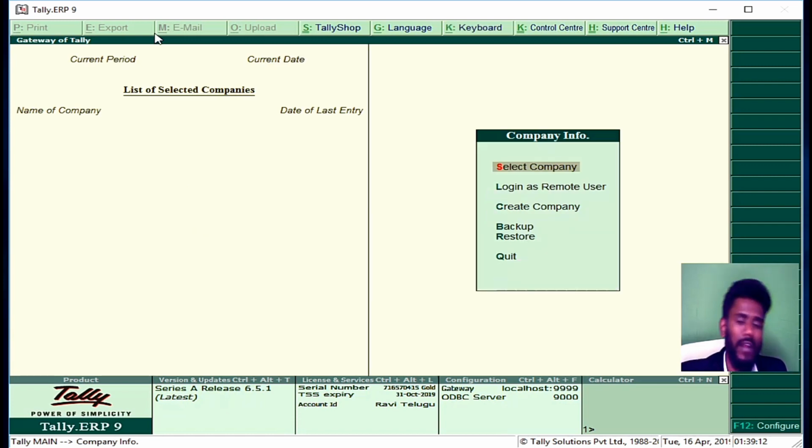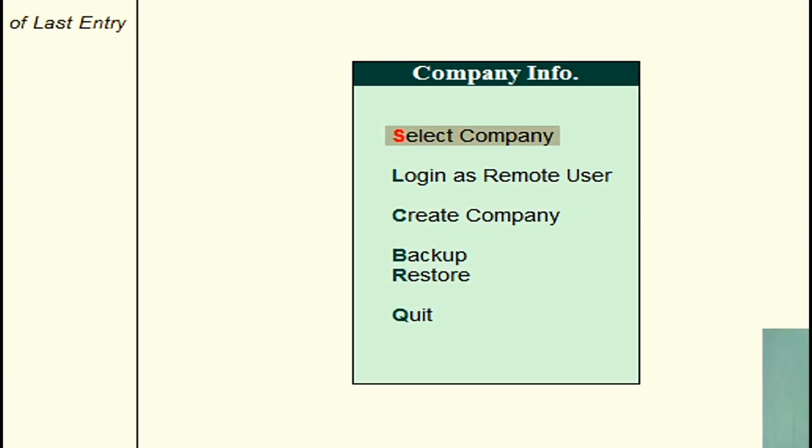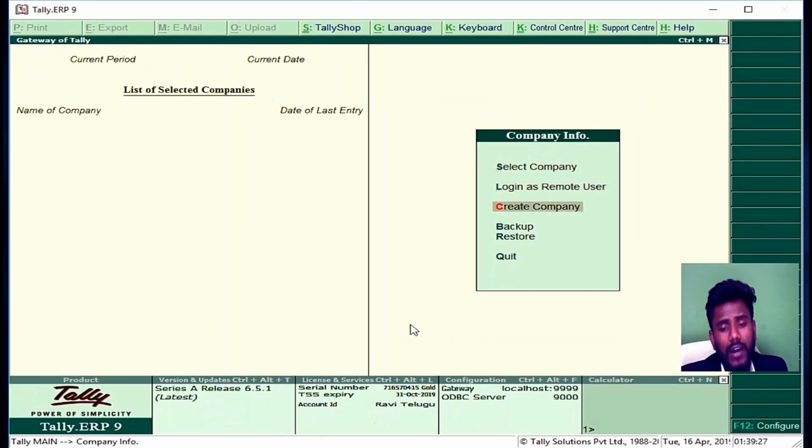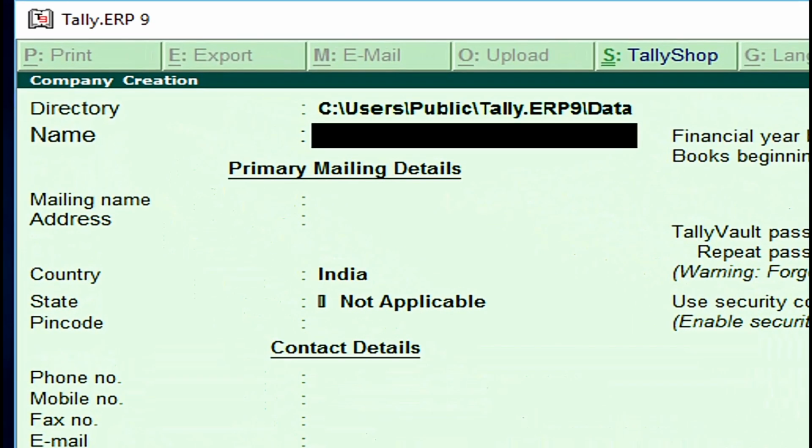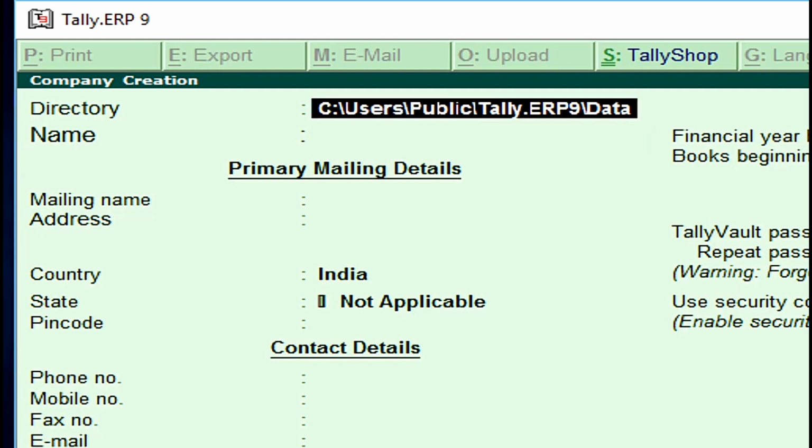Yes. Now, if you open Tally by using activate or reactivate or even educational mode, you will get this page. This is also called Tally main page. From Tally main page, you can go to create company. If you want to create a new company, you just click on create company. When you click on create company, the company profile will open, and here there is a first option called directory, means where you want to keep saving your companies.